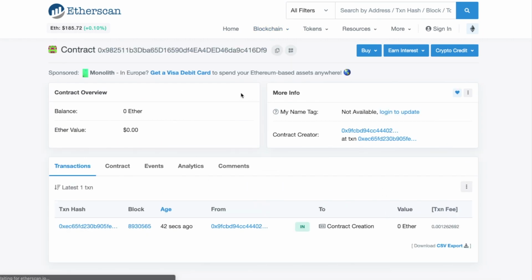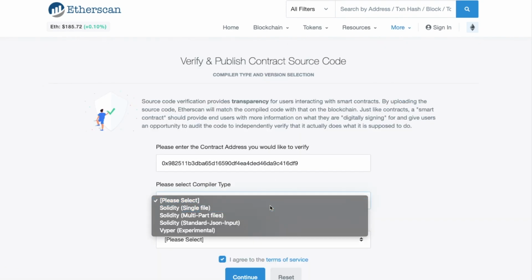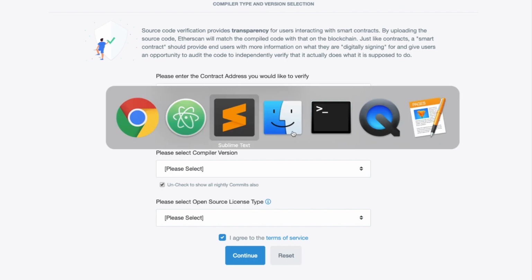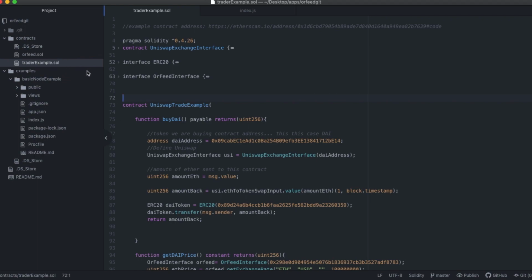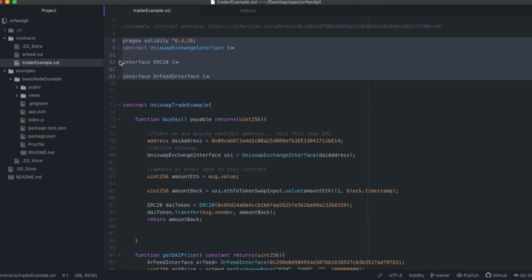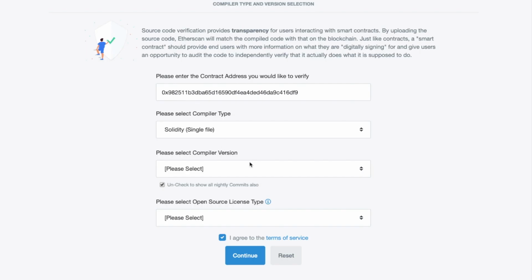I can click on the contract, click on contract again, click verify and publish. And then I put Solidity single file because I did a single file. Now, a lot of people sometimes break all their stuff into many different files. So for example, you don't need to have all your interfaces in one file. I do it this way as an example to show people, just put everything up front. That's why I even collapsed it, which is almost like keeping it in a separate file. However you want to do it, but this was a single file.